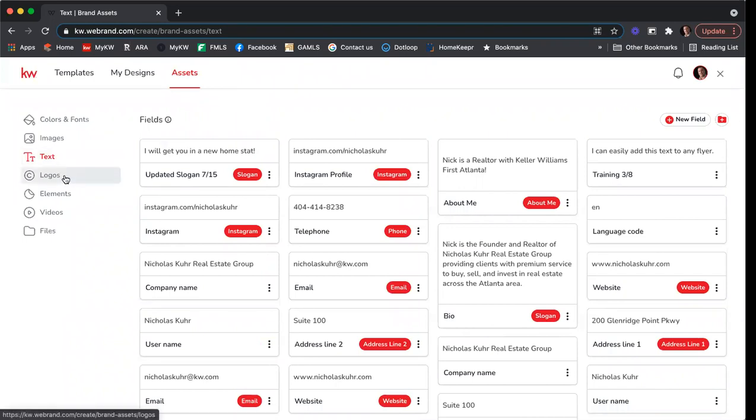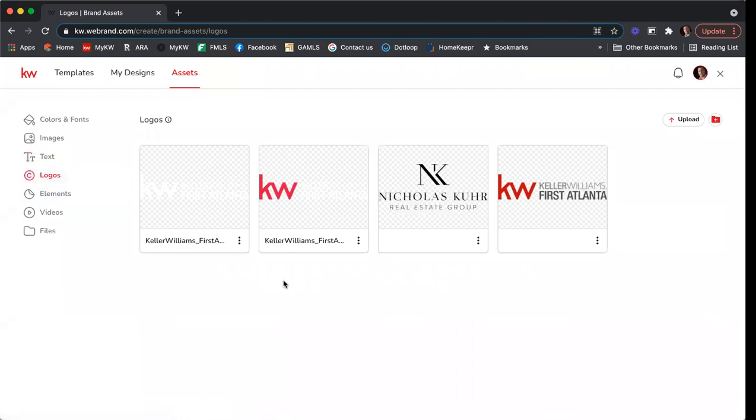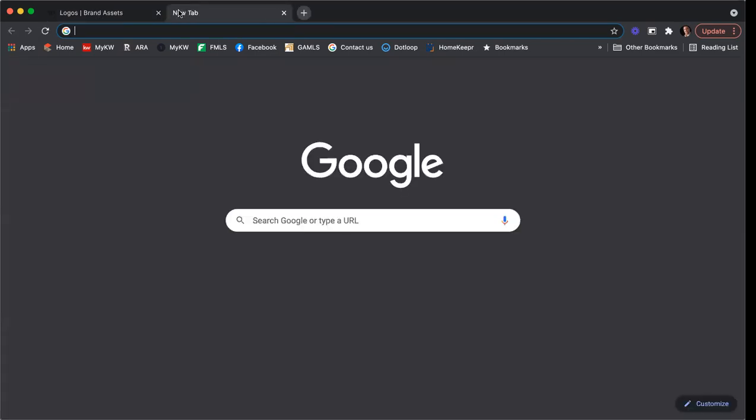Got it. The next is logos. So I would recommend going ahead and uploading a couple different versions of the KW First Atlanta logo. You want to make sure that you have these logos easily on hand because they will be required for certain pieces of marketing material to ensure that you are GREC compliant. Right. If you don't have any of the KW logos, we can go to